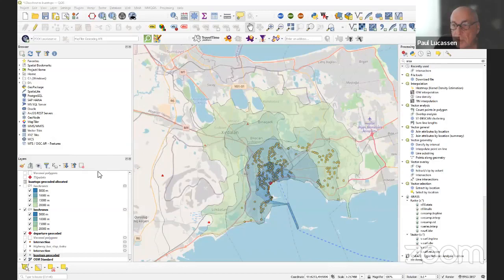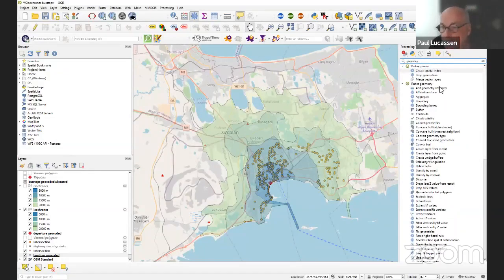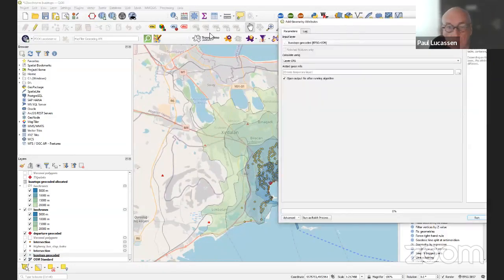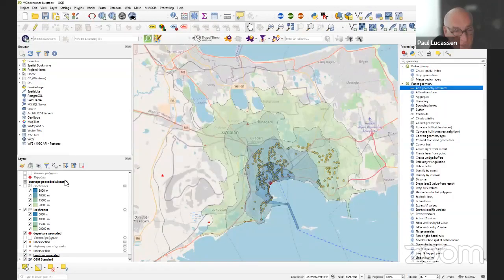I've done it here, so let's do it again. You select your points, type geometry, and here you can add geometry attributes to your layer. So we want to geocode our bus stops to latitude longitudes. If you run this, it will subsequently geocode the information on the map, and then you eventually get to the